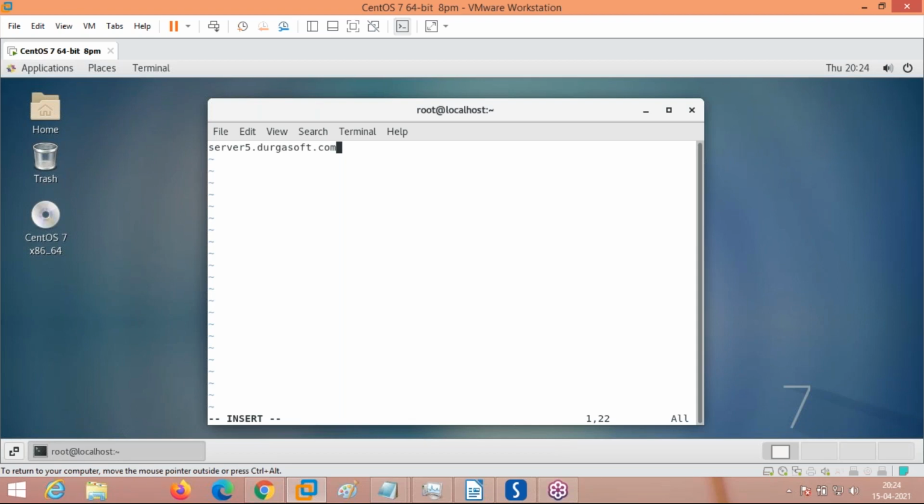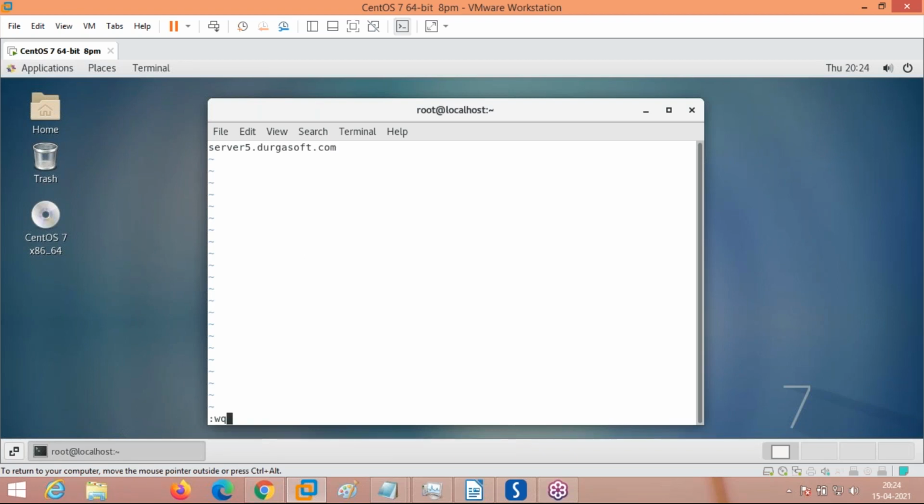Here, server5 is the server name and durgasoft.com is the domain name. Both the server name and domain name should be mixed and given. Like Amarnath Chittiprolu is the full name, where Chittiprolu is your surname and Amarnath is your name. This way we have to give fully qualified domain names only.